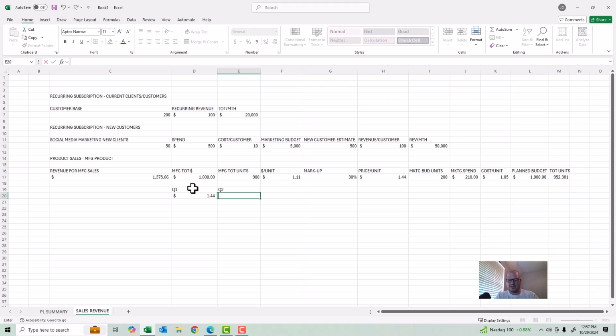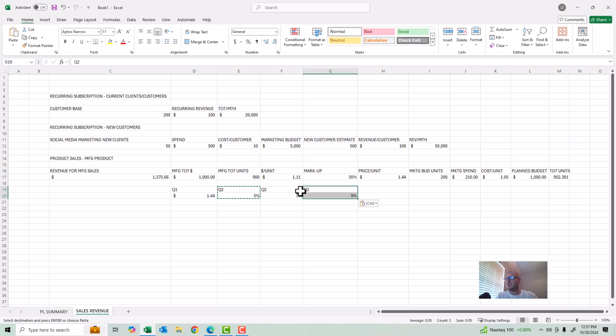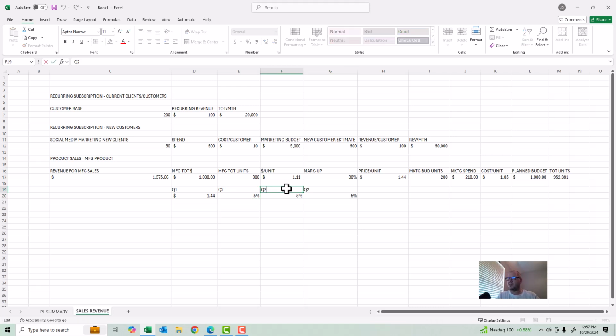So let's say we need to put in 0.05, and we need to put percent. And let's say we're going to grow by 5% in Q3 and Q4, just to keep this simple. It's all just an example so that you can take this information and how we do it and adapt it to your own financials. Now, Q2 will have a sales price of